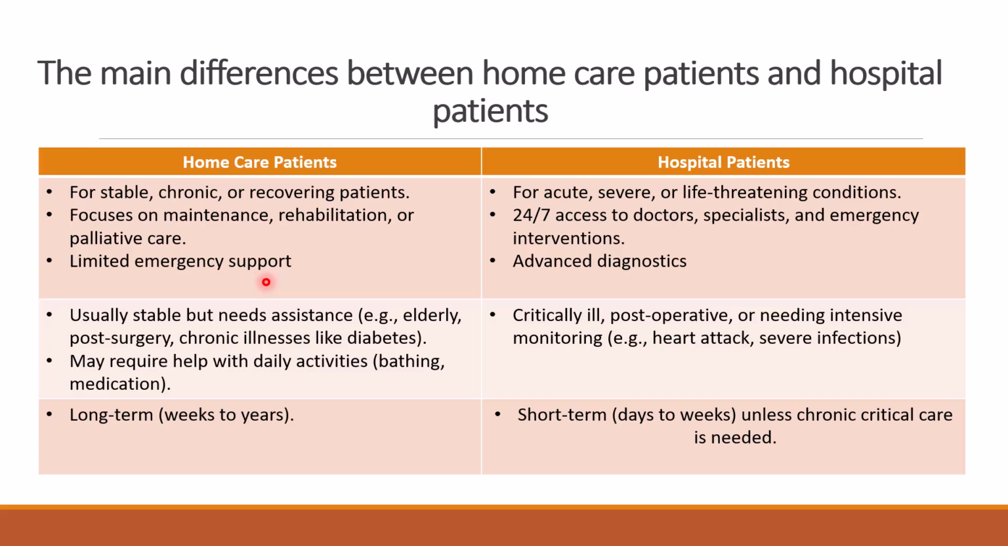The hospital patient is critically ill, post-operative, or needs intensive monitoring, like a patient with a heart attack or a severe infection. The main difference is that the home care patient is for the long term, weeks to years. But the hospital patient is short term, days to weeks, unless chronic critical care is needed. So the major difference: the home care patient has a stable condition over the long term, and the hospital patient is short term, days to weeks, and needs access to